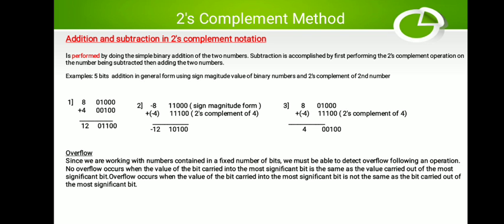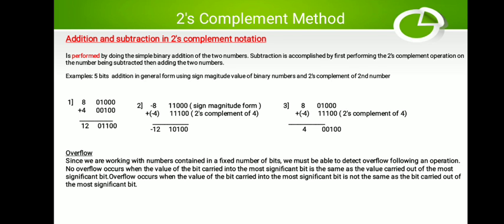Followed? And whatever result we are going to get, as we saw in the previous example, is actually not in true form, it is in 2's complement form. We have to yield the original number 12 by taking the 2's complement of the result. So let us see how it is done. Look here, first minus 8 is represented in sign magnitude form as 11000, but the next number is minus 4.